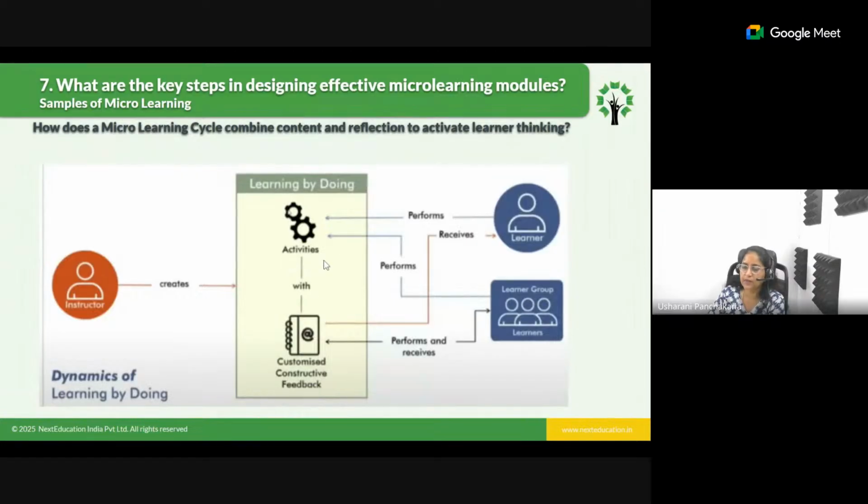This is one more sample where you are asking the student to demonstrate, to do some activity in the classroom. So you are creating that and you are giving it to the student. The student performs in the classroom, like the way we use the science kits, right? In the same way. And this is even performed by the learner group. It can happen individually or it can happen in groups even.